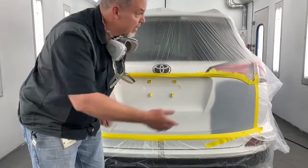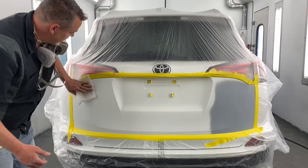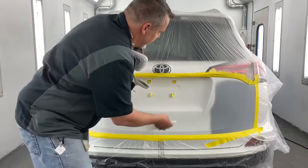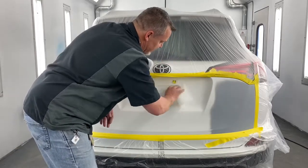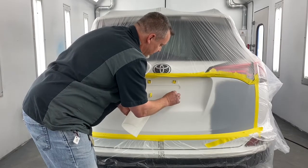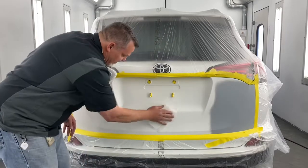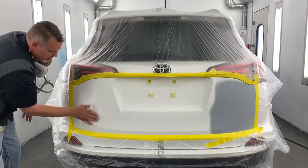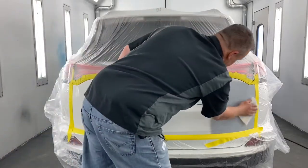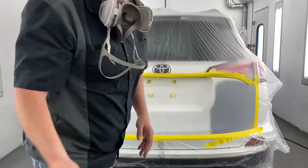I've got lint on me. I know I don't have a paint suit on. I'm not going to put a paint suit on for a little spot like this. In a body shop world, the painter is painting one right after the other. He's pretty much always wearing a paint suit, because he's just painting one right after the other. Not bearing down hard, I'm just making sure I cover everything. Alright, now